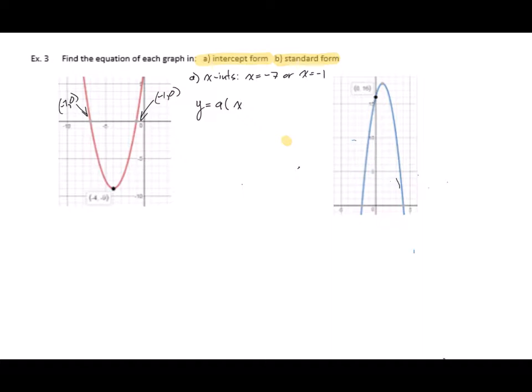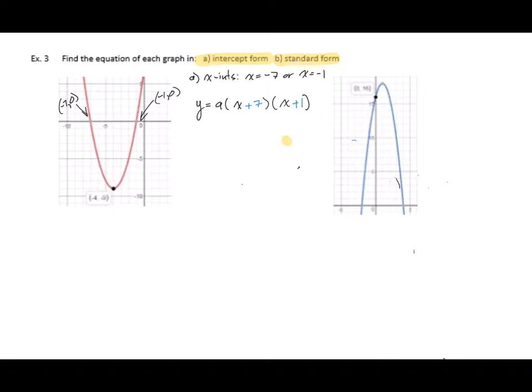So we end up with (x + 7), and then instead of -1, we end up with (x + 1), because we're using our opposite rule to generate it. Now that I've got my general intercept form,